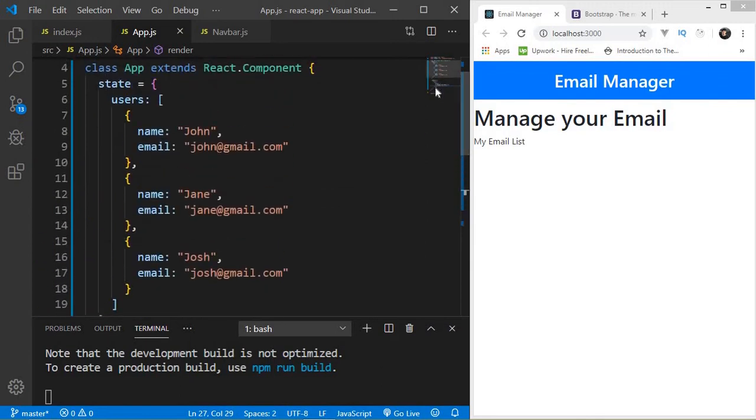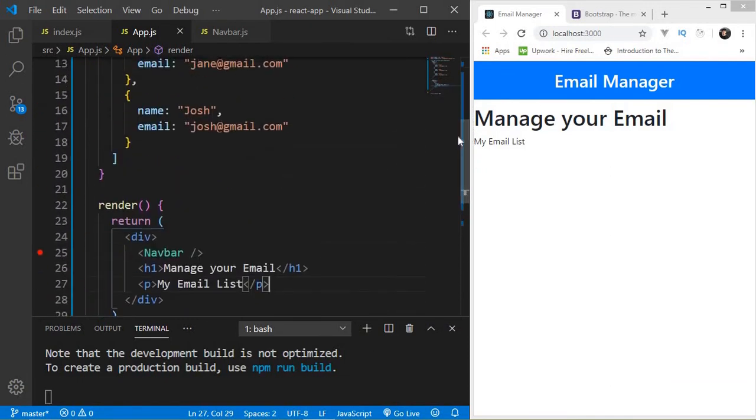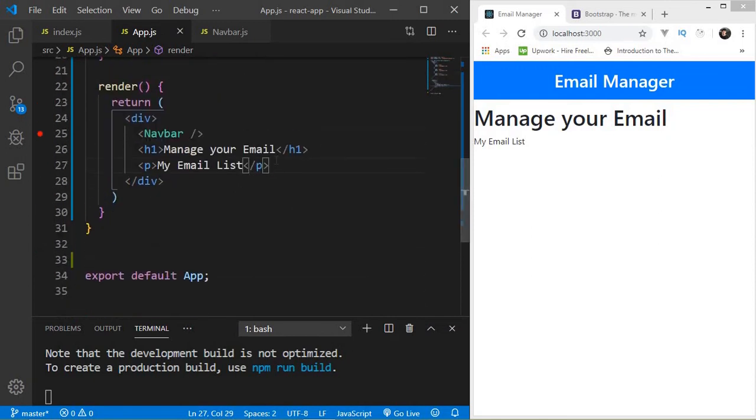Okay, and basically the map function is not React, it's basic JavaScript. All right, I think it was in ES5 or ES6. I don't know about that, I have to check that out. But still, the map function is not any new term that is introduced in React, it's basic JavaScript. All right, so let's go here,